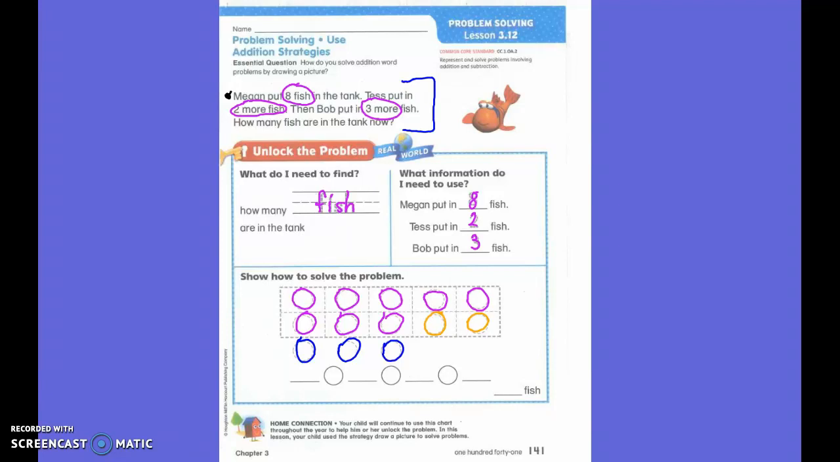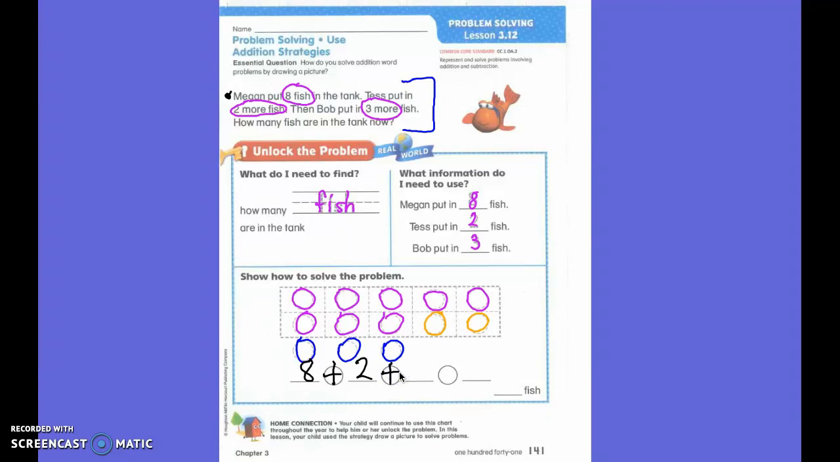Thomas? 8. So what number am I going to put in my number sentence? 8. Very good. What goes in the circle? Plus sign, because we are doing what? We are adding. We're getting more and more. It said that. Okay. So now, what's our next number? 2. Because that's what we do next. What are we going to put in the circle, first grade? Plus sign. Because we are